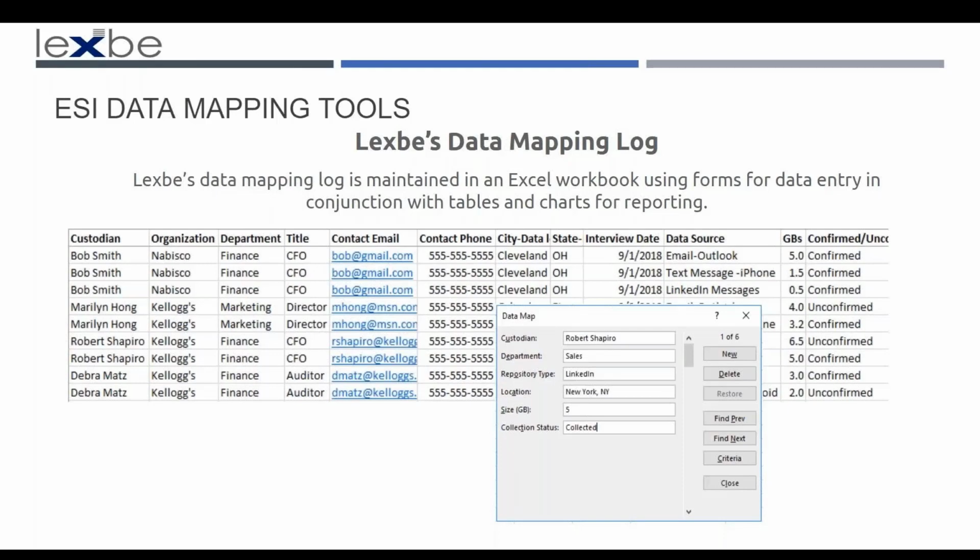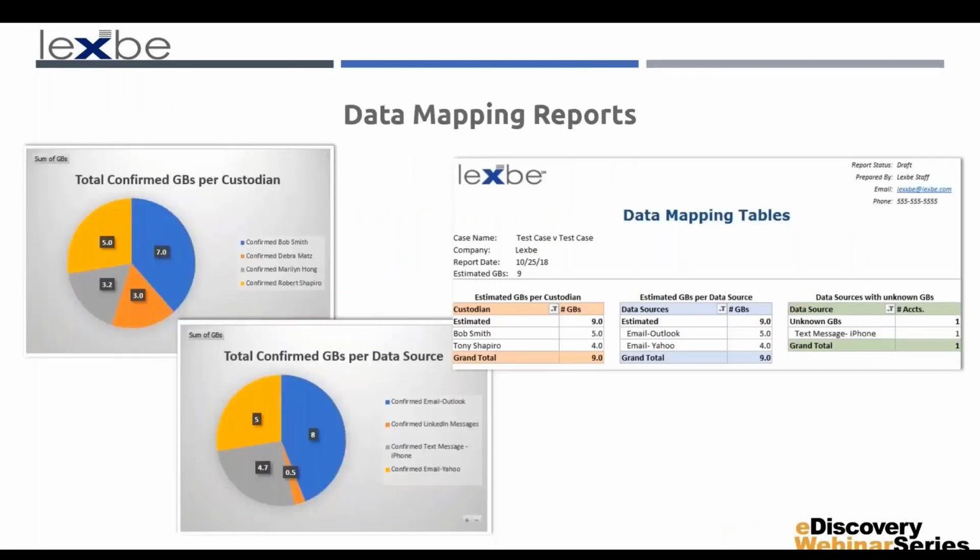And then the next slide shows some of the reports that could be gotten out of that once it's set up. So once you've done all that collection, then you can start rolling these up with pivot tables and charts, et cetera, to sort of see just how much is out there. So you can see the gigabytes per custodian. You can see by data source how much you are getting, going across custodians, how much has been collected, how much is confirmed, how much is unknown at this point, and then graphs going off all of that. This helps on your case be able to show that you've done an adequate job of collection.